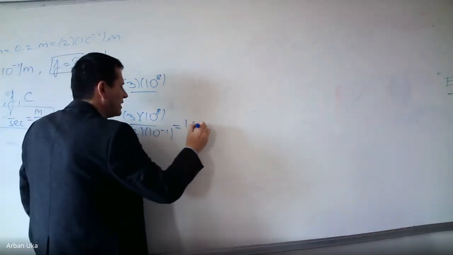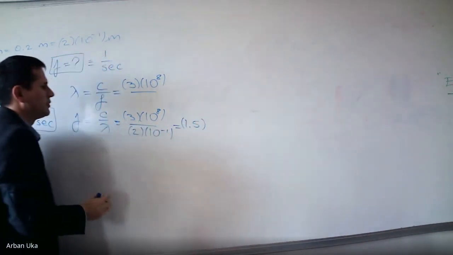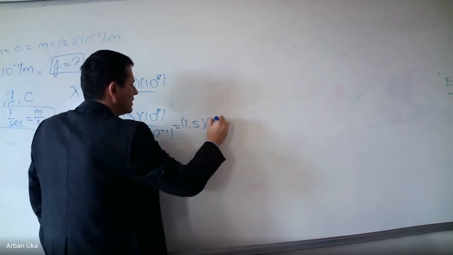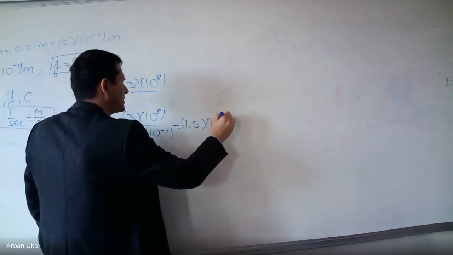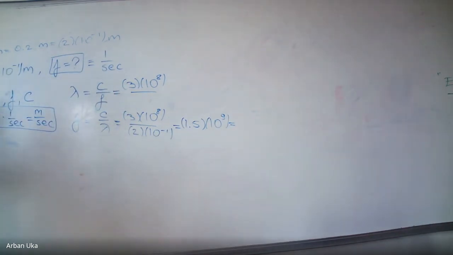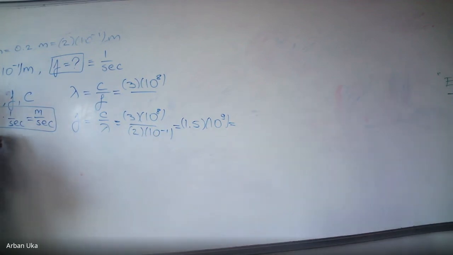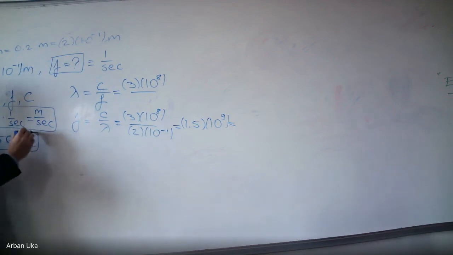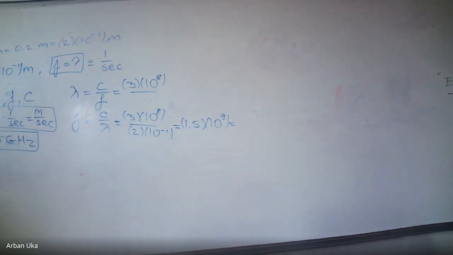3 divided by 2 is 1.5 times 10 to the power 9. 10 to the power 9, yes. So this antenna that has conductive elements of 28 centimeters means that the frequency is equal to 1.5 gigahertz. Okay. So if we can only communicate with this element at 1.5 gigahertz, make sure